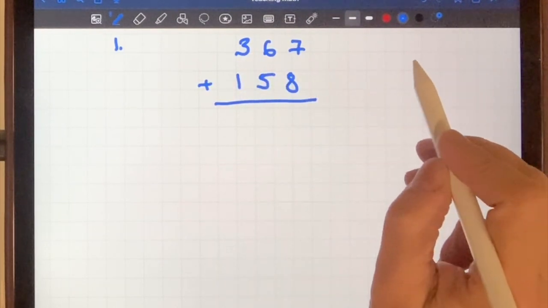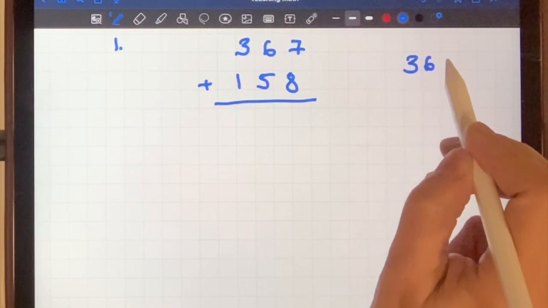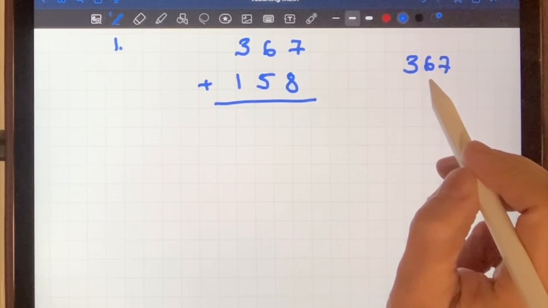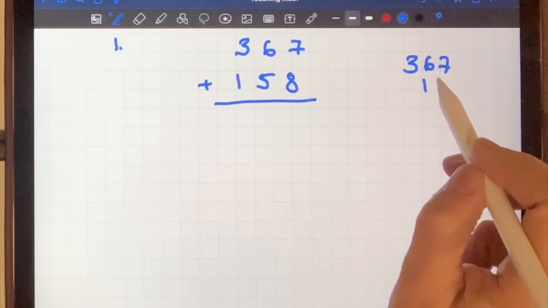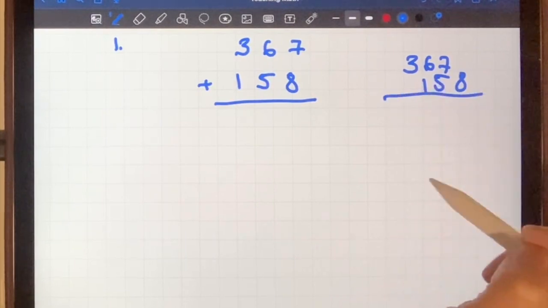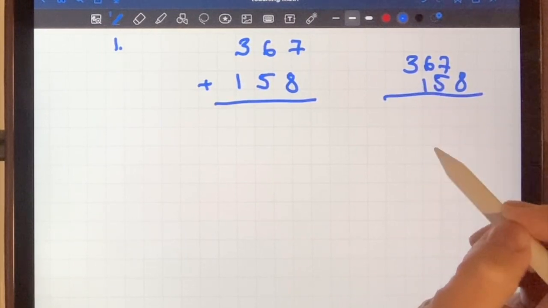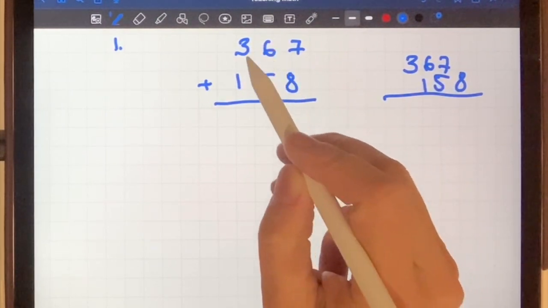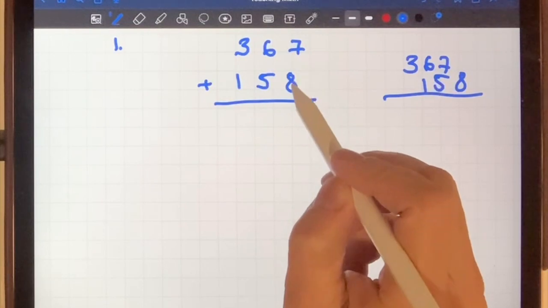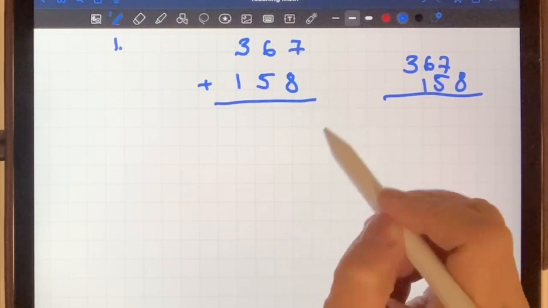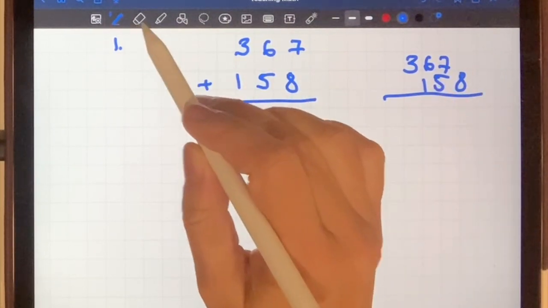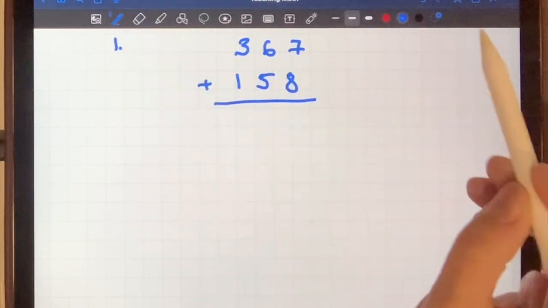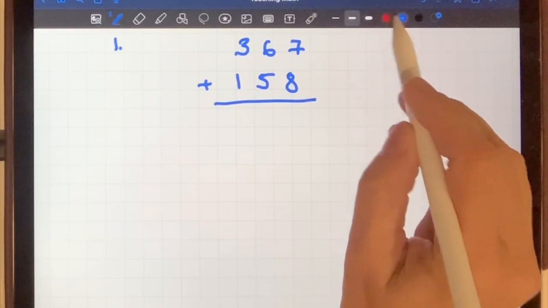Because clearly, if you had 367 and you somehow accidentally wrote your next number as 158, you would get the wrong answer. So it's important to always make sure you've lined them up correctly in terms of their place value. So if you need a quick refresher on place value,